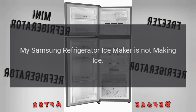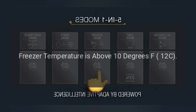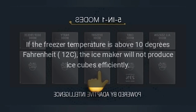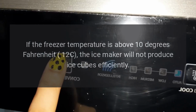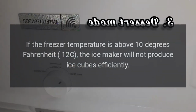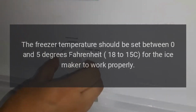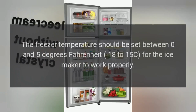My Samsung refrigerator ice maker is not making ice. Freezer temperature is above 10 degrees Fahrenheit (12°C). If the freezer temperature is above 10 degrees Fahrenheit (12°C), the ice maker will not produce ice cubes efficiently. The freezer temperature should be set between 0 and 5 degrees Fahrenheit (-18 to -15°C) for the ice maker